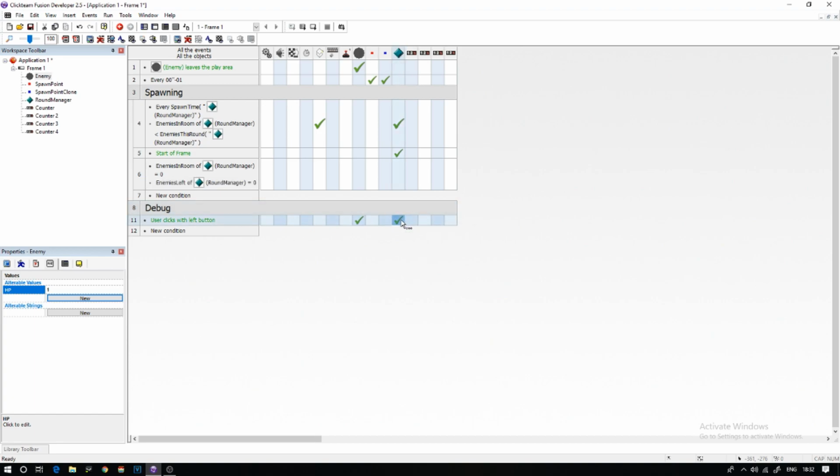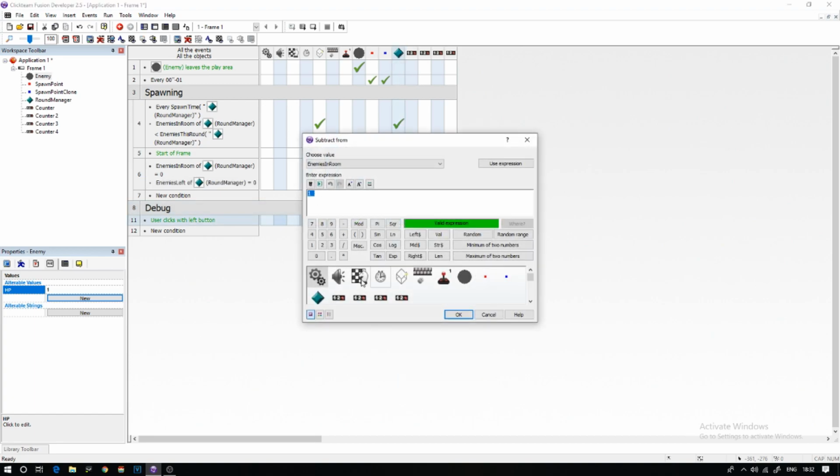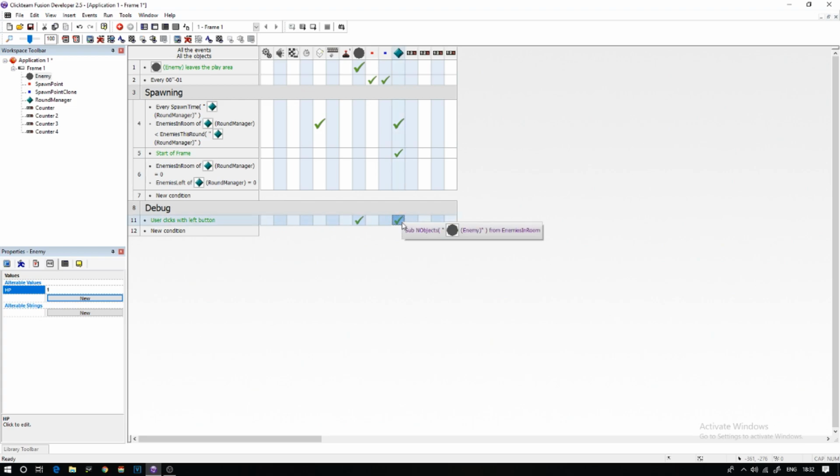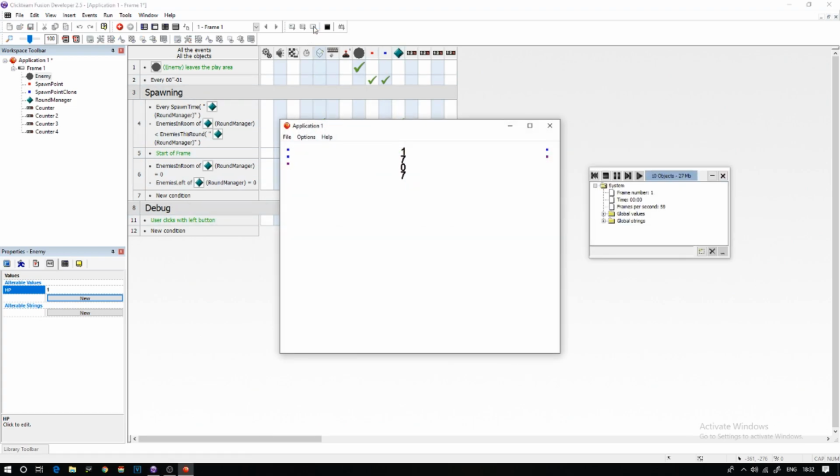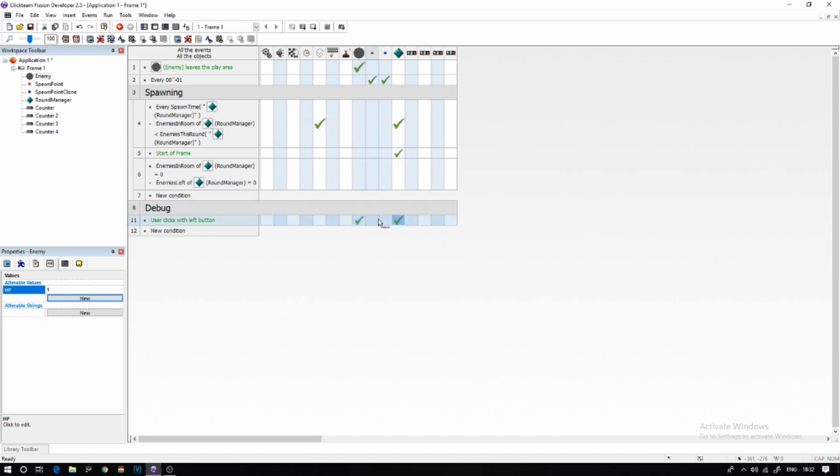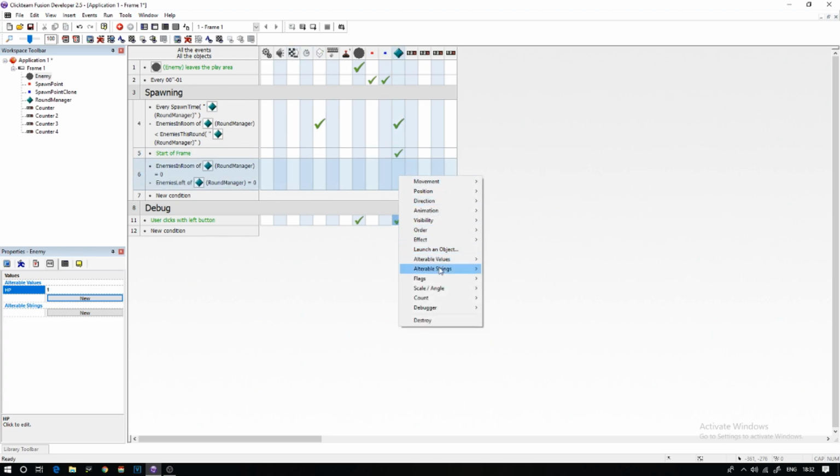Actually, we're going to need to do a bit more for that. So we're just going to get count number of objects. Awesome. So that should be working now. So I can just, yep, it'll destroy it. Nice. And then if I get like 2 in here, that'll also work. Awesome. So if that equals 0, then what we're going to do is we're going to go